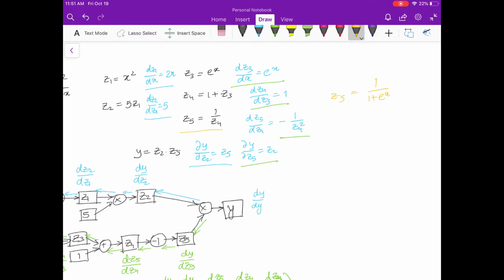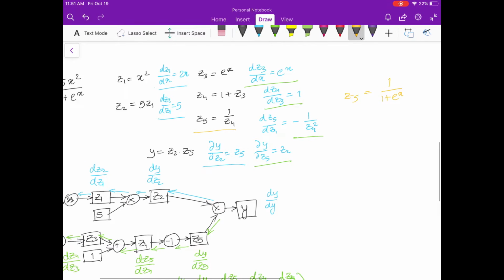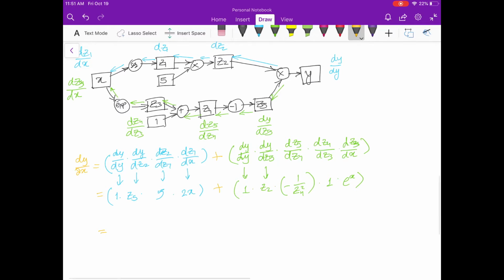If we substitute all of that, we get z5 equals 1 divided by 1 plus e to the power x. So this is 1 times 1 divided by 1 plus e to the power x times 5 times 2x plus